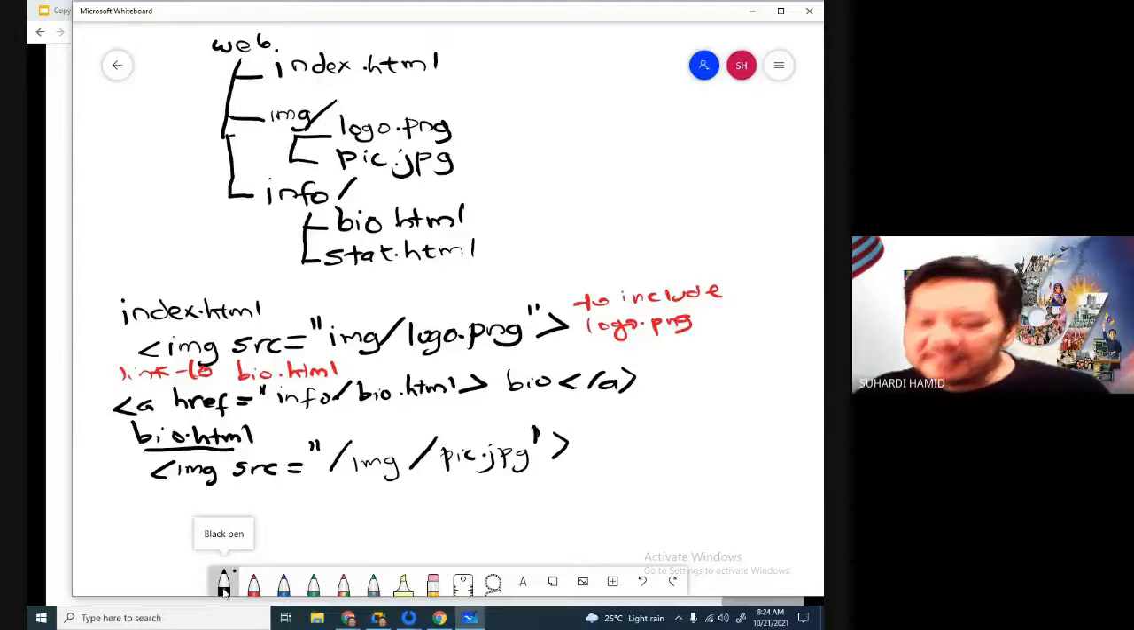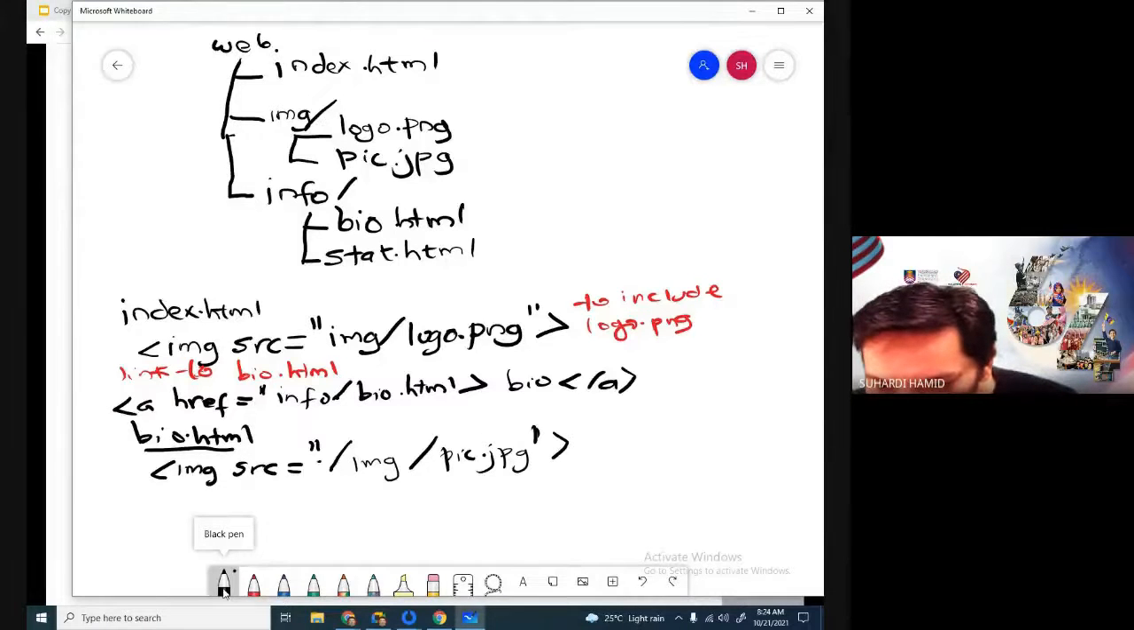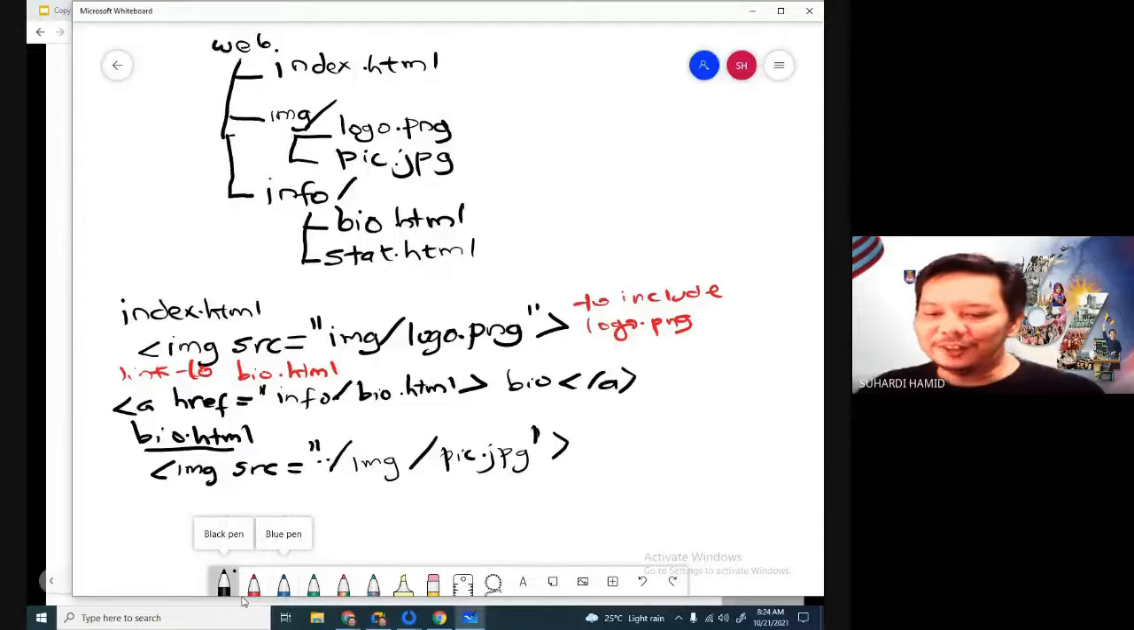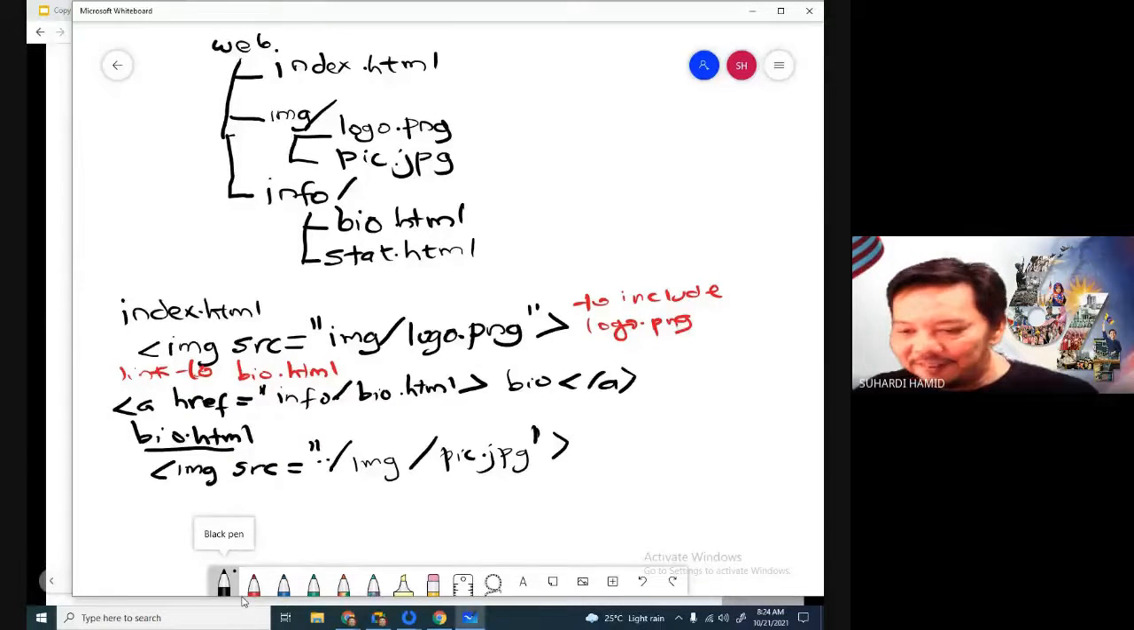Now, this can be correct and this can also be incorrect. Why is that? If you are in a proper root location, this may be correct. But if you are not in a proper root web folder, this will be incorrect. Instead, I would advise you to put dot slash img slash pic.jpg, because here,